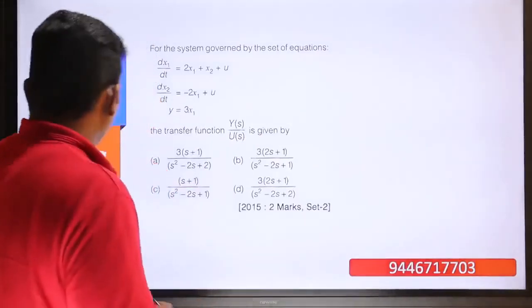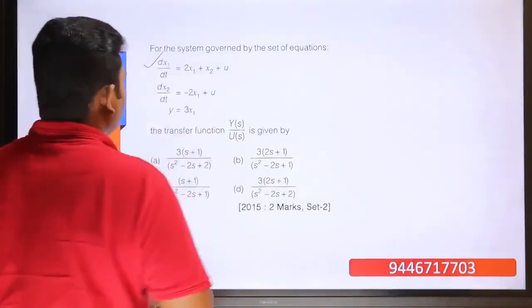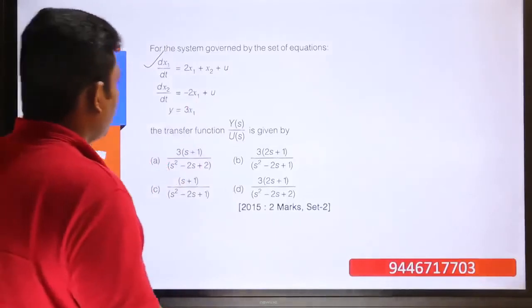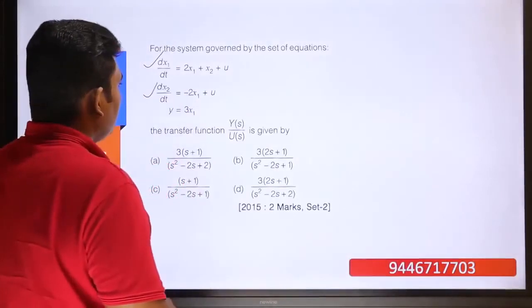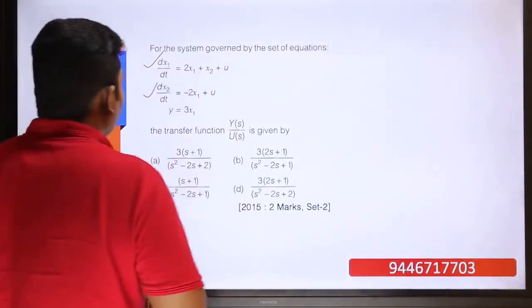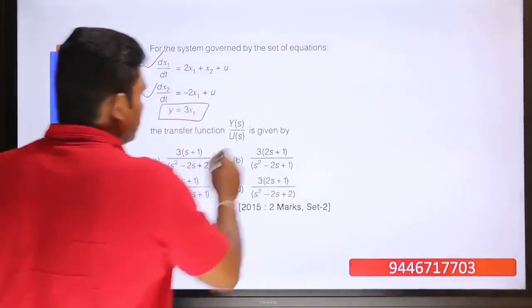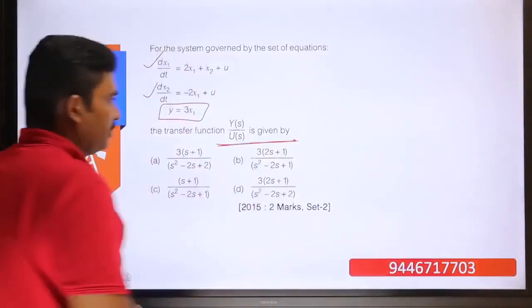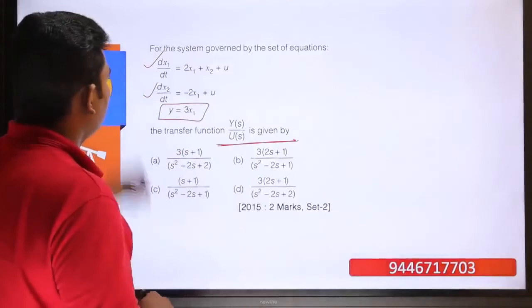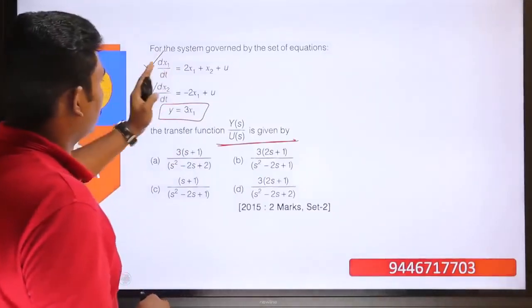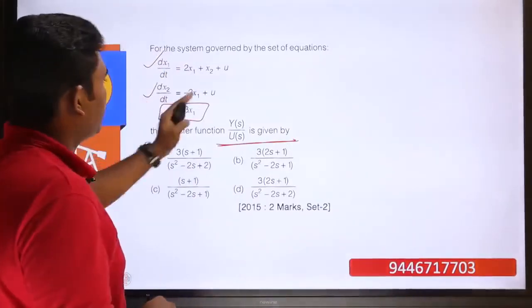Question number 24. For the system governed by the set of equations dx1 divided by dt equals 2x1 plus x2 plus u, and then the second equation dx2 divided by dt equal to minus 2x1 plus u, and it is also given that y is equal to 3x1. The transfer function y of s by u of s is given by, so we will have to find out the transfer function y of s by u of s for the system which is governed by the set of equations dx1 by dt is equal to 2x1 plus x2 plus u, and dx2 by dt equal to minus 2x1